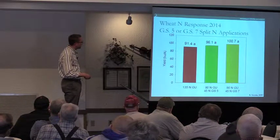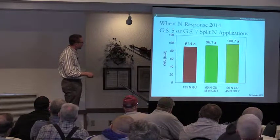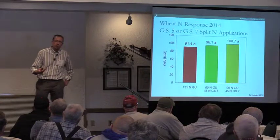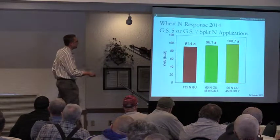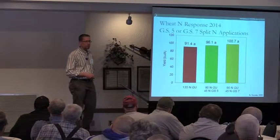135 units of N across the board applied as urea at green up, or 90 units at green up and holding 45 back for Feekes 5, or holding that extra 45 back for Feekes 7. This last year, you can see we saw about a 10 bushel bump by holding it back till Feekes 7. Why? We had more rainfall around Feekes 7 than we did Feekes 5, which is why we saw the yield